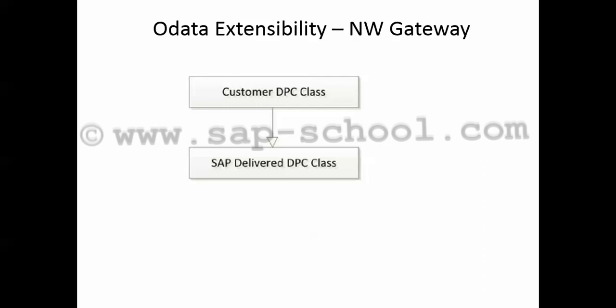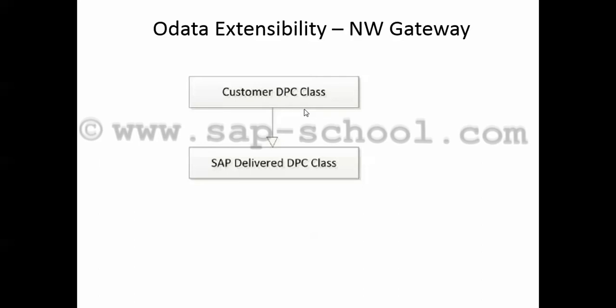So to get the name of your BSP application, we have to refer to the application specific documentation. So using the approach mentioned here and the generation of the OData project of the customer, it leads to the runtime artifacts where the customer DPC class is a subclass of the SAP delivered class. So one can check this by looking into the super class of the customer's data provider classes. So we can see here that the customer DPC class is derived from the SAP delivered DPC class.